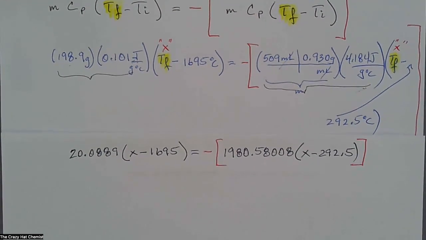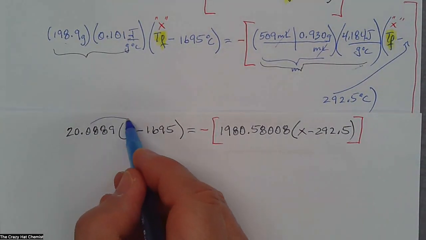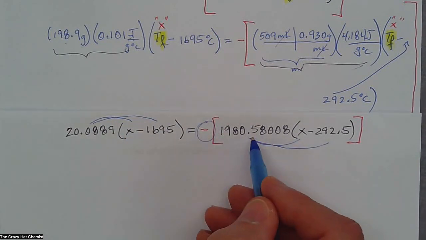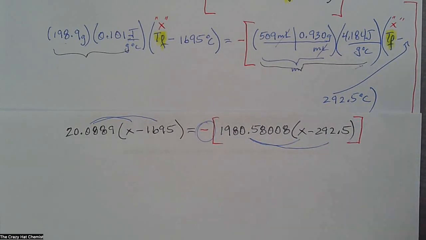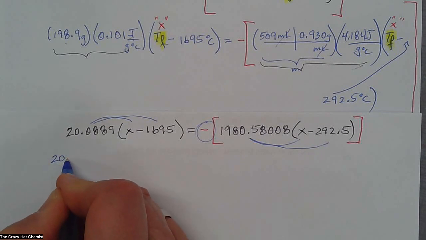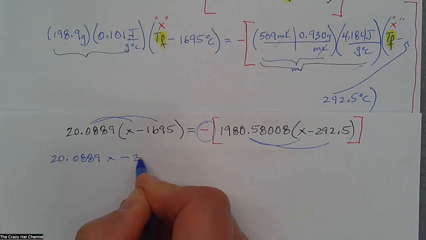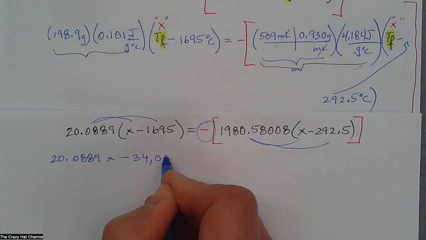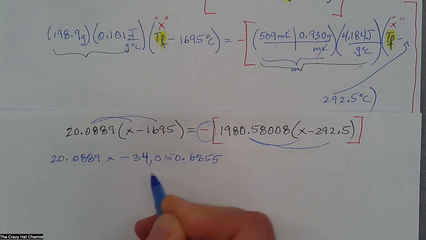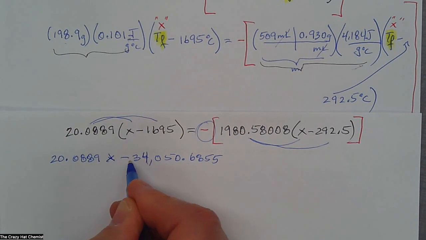We're going to slide this up a little bit more here, and hopefully you have all this here. And now what we're going to do is distribute this number over both these terms. We're going to distribute this number over both these terms, and we're going to distribute that negative sign over both those terms as well. And then we're going to end up with the following here. Okay, so what we have is 20.0889x minus